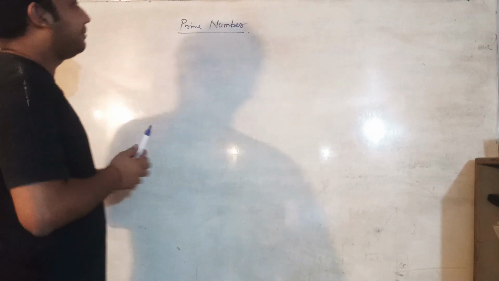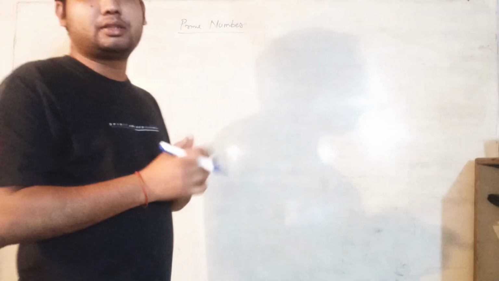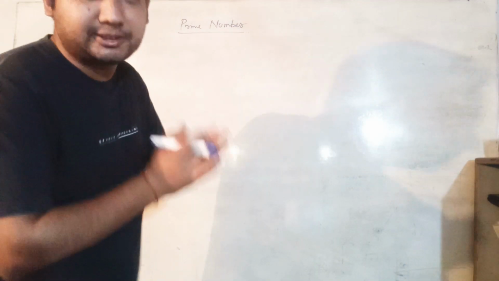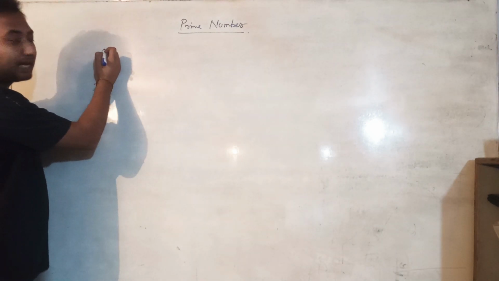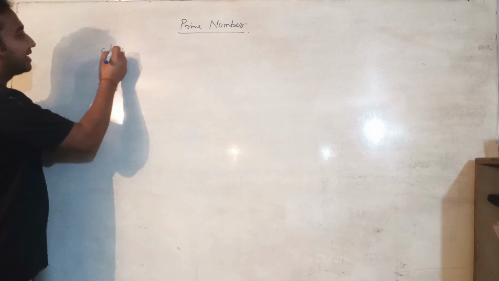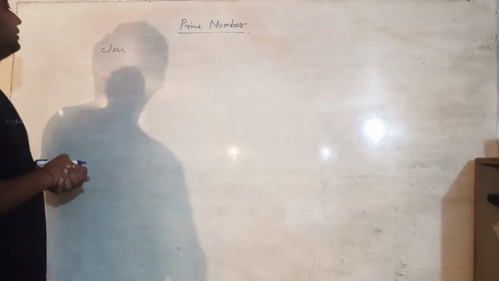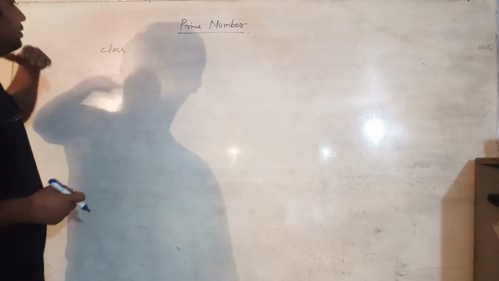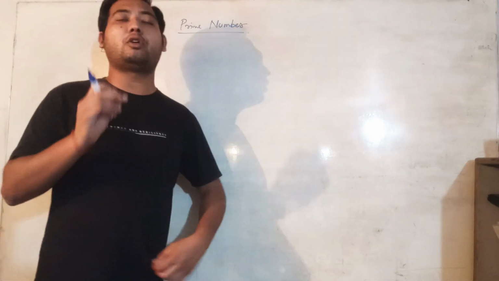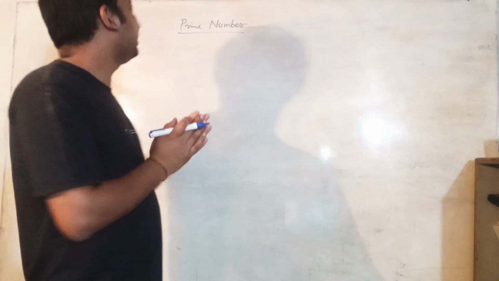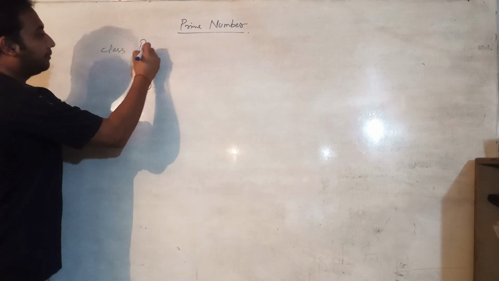Okay, so prime number, and my favorite way, I will make a method for checking if the number is prime or not. So listen, first of all we will make a class. We can have any name, but I think we should take a name according to the program, and we should always take names according to the program which we are going to make. So the class name I will write PrimeNumber.